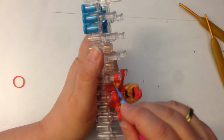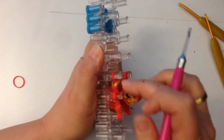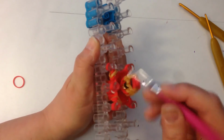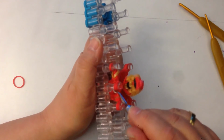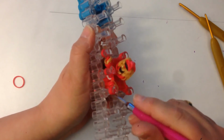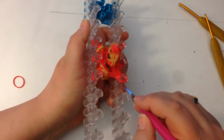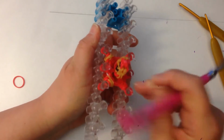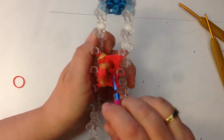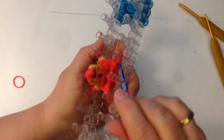Then you're doing the next 2 red, so you should be left with 2 bands on your peg after you've done that. Now with this one you're going to take 4 off because we put 2 extra on for his head, if you remember. So 4 off and you're left with 2. 2 off, you're left with 2. 2 off, left with 2. This one we've got to take 4 off because we've got extra for the head. Take the first 2 and the second 2, and then 2 here,